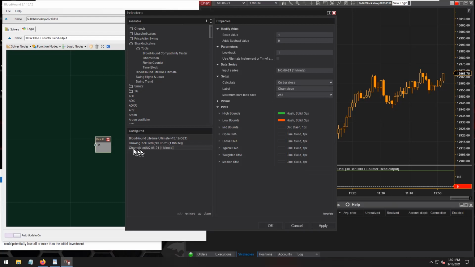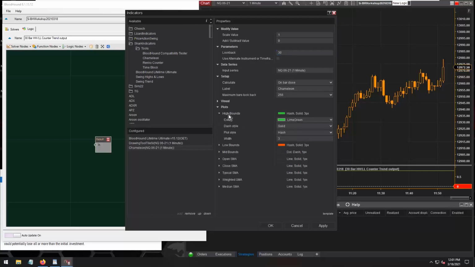So way back in the day, Chameleon is what we used to access all of the price data from NinjaTrader, right? So you can see the Chameleon has the median price, weighted price, typical price, and of course all the rest. So that's how we used to access all of this price data within solvers within BloodHound, but it's not really needed anymore. But it does have a couple of cool things that it can still do as a visual aid here. So if I take this look back period and set it to 30,